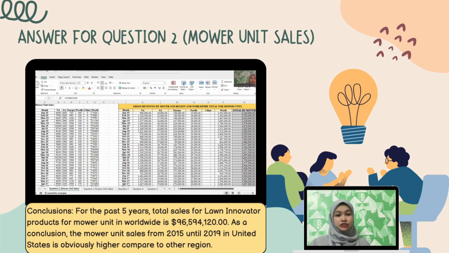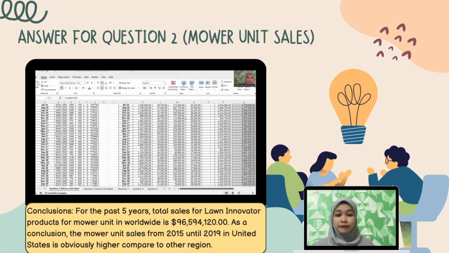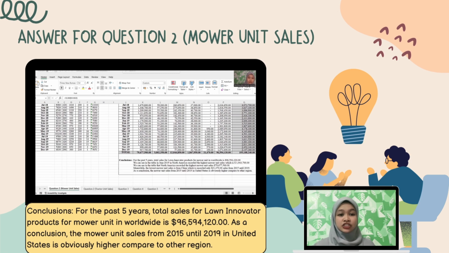To solve question 2 for mower unit sales, this is the database for mower unit sales. To find the gross revenue by month and region as well as worldwide totals, we use the sum formula for each calculation. As we can see here, we use the sum formula to calculate the total for each region and the total by month. So as the conclusion, for the past 5 years, total sales for Lawn Innovator products for mower unit in worldwide is